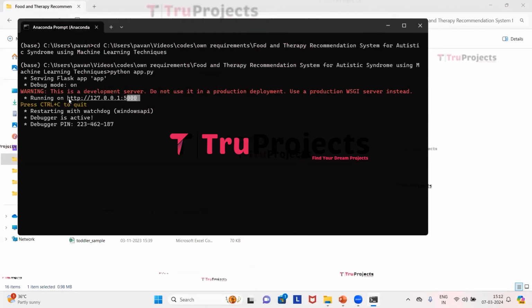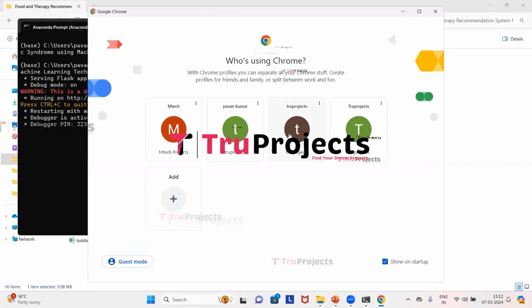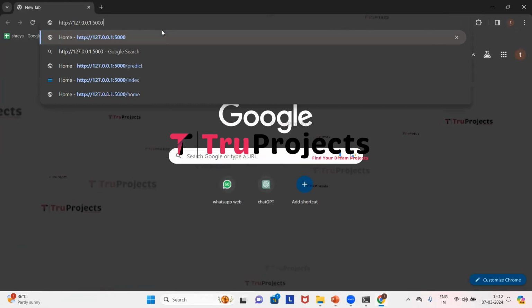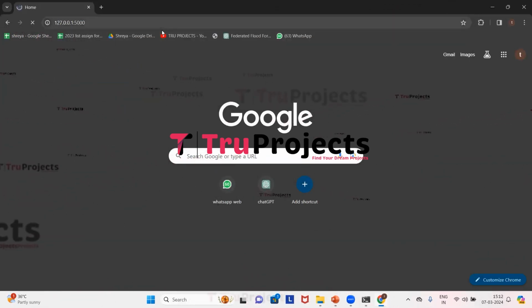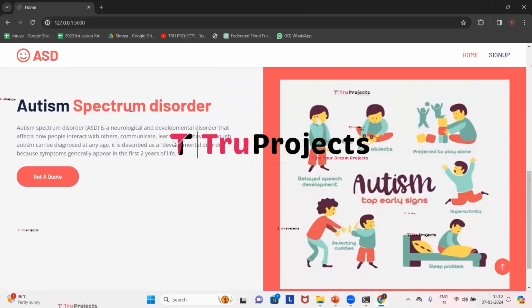Now we have to copy this local link provided by the framework and paste it in any web browser. So I'm copying the link. I prefer Google Chrome, so I'll paste it in that. Here we need to paste the link and then click on enter. This is the web page of the project, which is displayed in the browser, and this web page is built